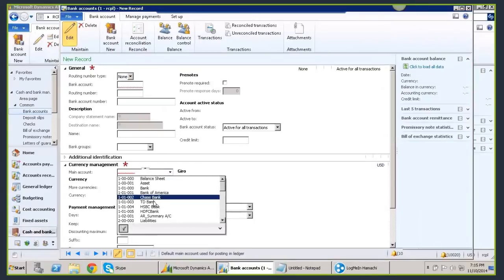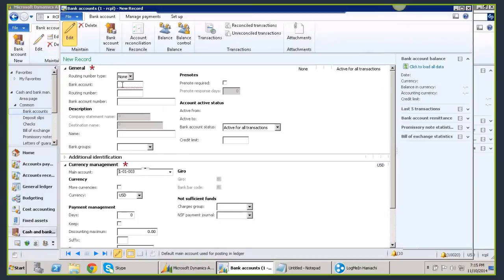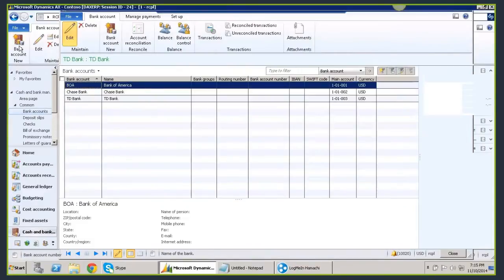So now let's go to TD Bank. Just creation of all the bank accounts. I'm just creating new bank account for every bank.